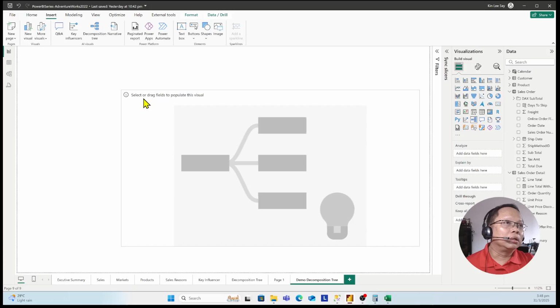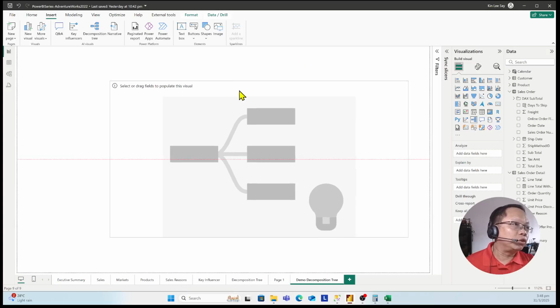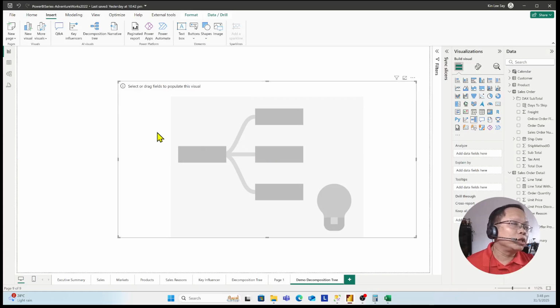I'll usually keep the top part, this area here, empty, because in the later videos I'll include a menu here. So you can click on the menu and go to the various pages we have established. But for now, we'll just do something simple and essential. So once you have these